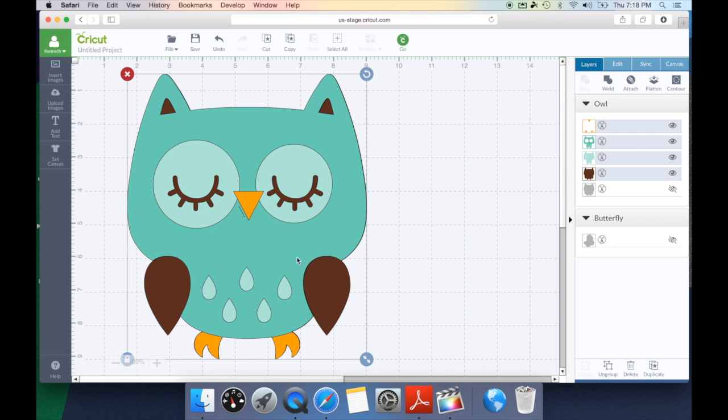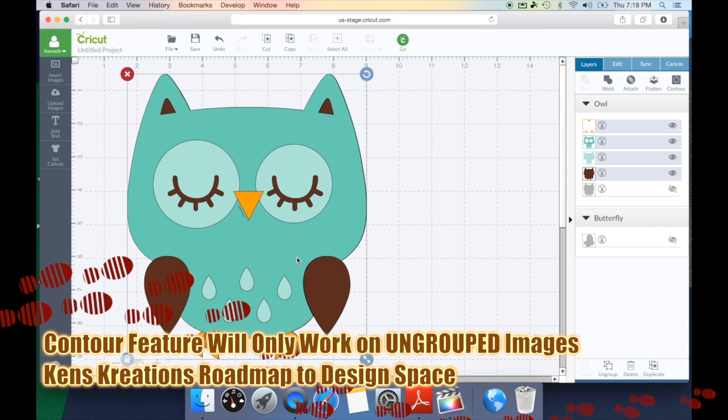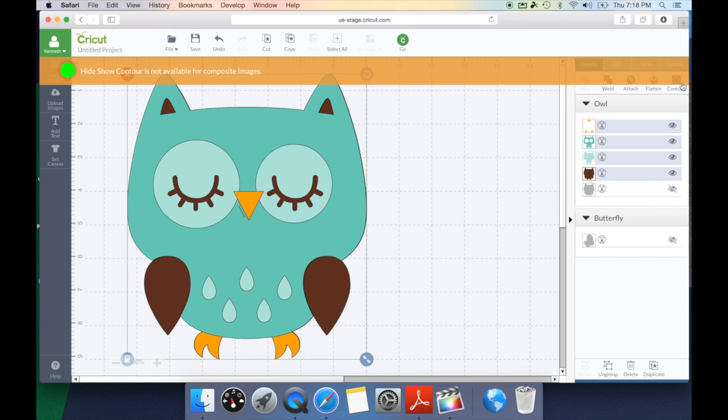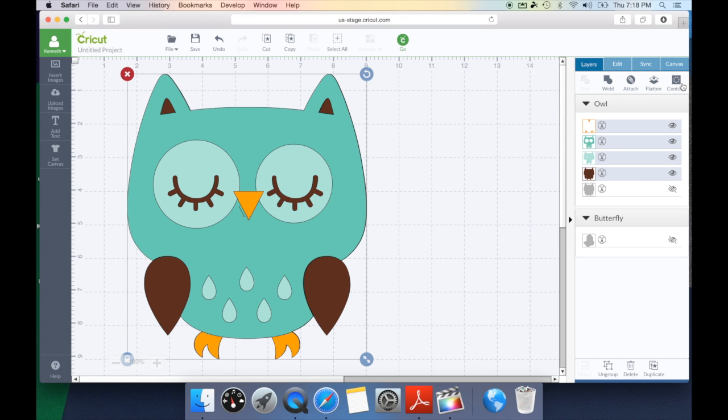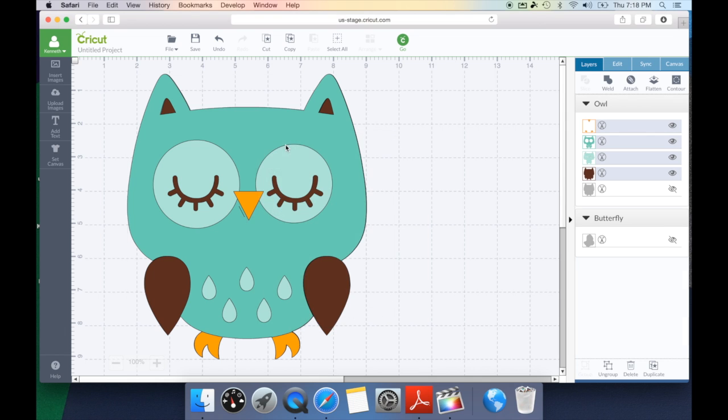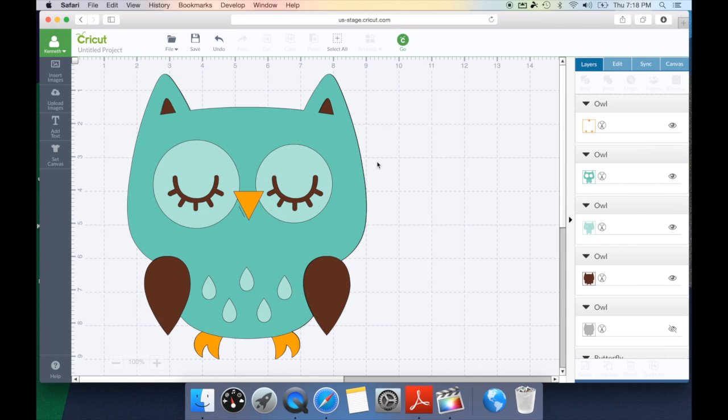The first thing you need to keep in mind is the contour feature only works on each layer if the image is ungrouped. So right now this image is grouped, and if I was to try to go to the contour option, it's going to say it is not available for composite images. So I'm going to go ahead and right click and hit ungroup. Now I can select what layer I want to work with on the contour. I want to get rid of these little teardrops. So over here in the layers tab, I'm going to select that layer right here,